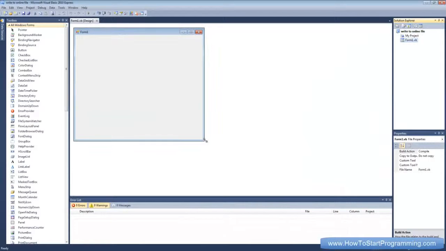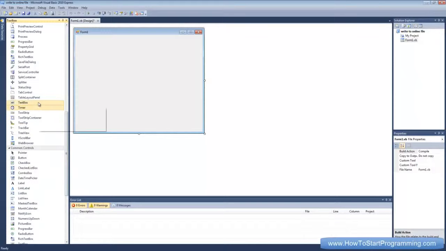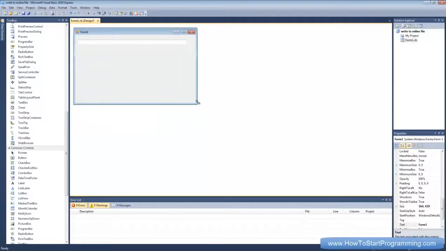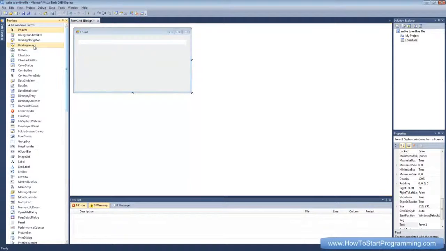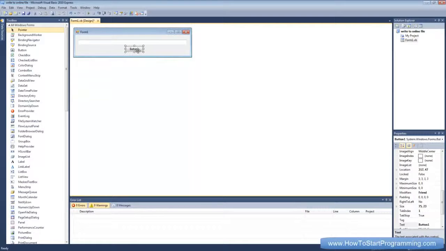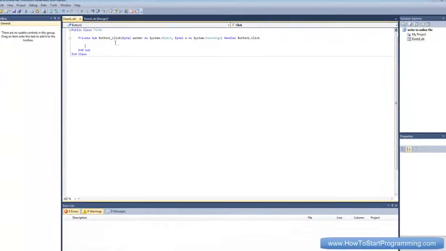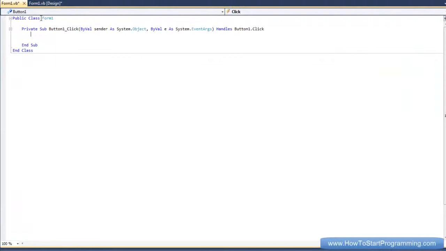Okay, now all we're going to need for this is a text box and a button. So double click, make a text box, whatever size you want. This is just going to be the text that we're going to write to the online database, or online file, sorry, and then add a button and double click it. Now we're just going to use a web request to write the value of textbox1 into that text file on our website. All we need to do is